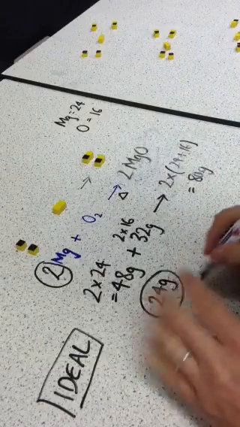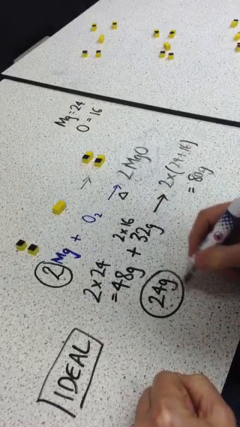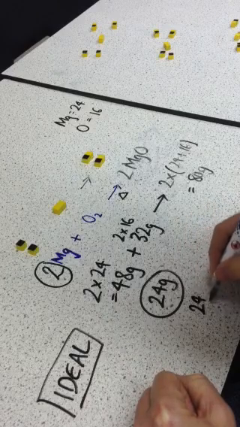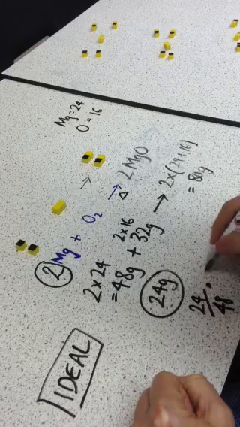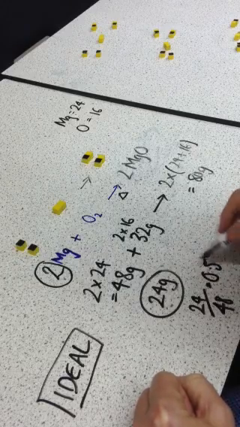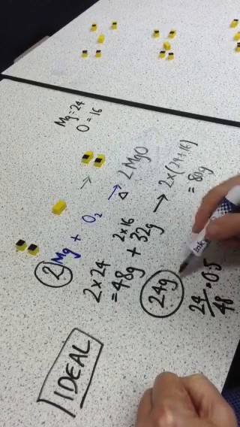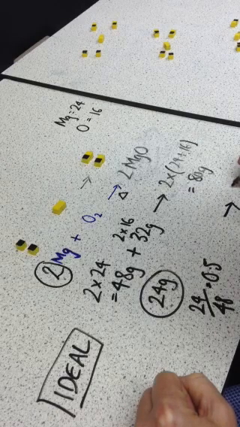And then they've given you this, and now you can work this out by using the relative ratios. So 24 is actually 24 over 48, which is 0.5. So we've only got half the amount of magnesium. And on a straight ratio, that is going to go to half the amount